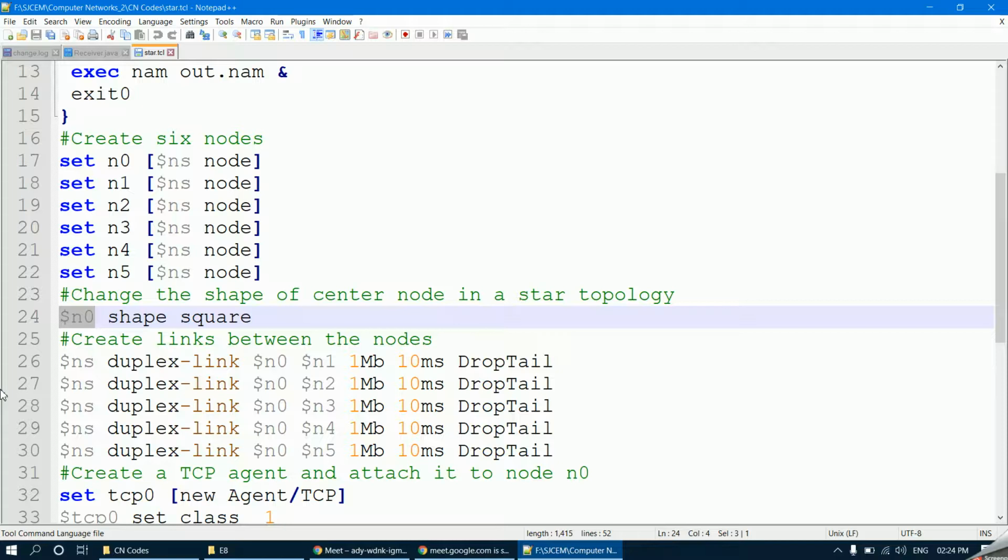By default it takes circle, but अगर आपको personalize करना है then you have to use the shape square. Okay, you can do it for n1, n2, n3, n4, n5. I am only doing it for the central node in a star topology.